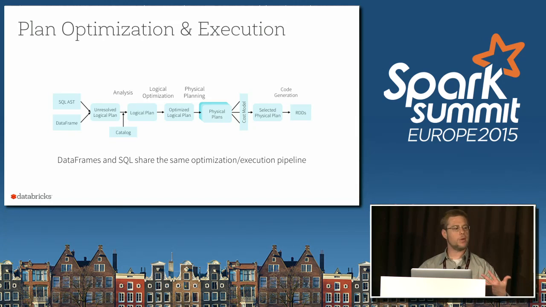So there's different physical plans, and then what we do is figure out which of these physical plans is the cheapest to execute. We pick one, and then that becomes a set of RDDs. So once we've gotten to this phase, we generate a set of RDDs and a DAG. And actually, this isn't even really the end of the story because we have a little bit more that comes on here. So when we get to the RDD and DAG phase of this, first of all, when we generate code using data frames,